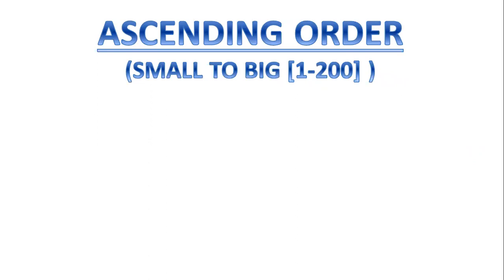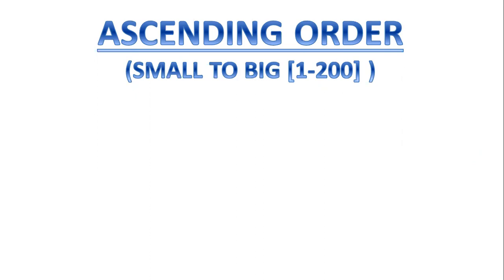So let's start with today's topic. Today we are going to do ascending order. Remember kids, this concept we have done in class 1. Now what is ascending order? Ascending order means we have to write first the smallest number and then we will write the big number. So from small to big we always go. It's an order of numbers. Whenever there are certain numbers given, you have to put them in order.